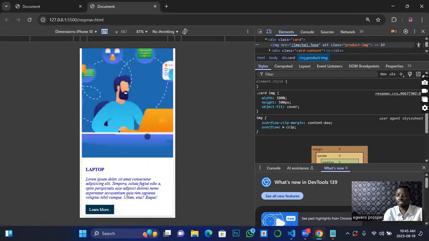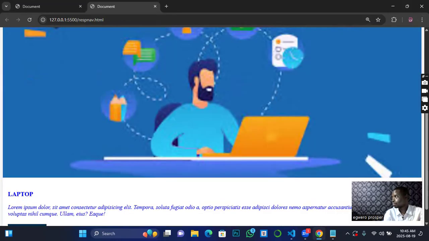So which means that the image is not responsive to mobile. But this section is responsive. So what do we do? If you want the entire card, I want to add responsiveness to it, or just the image. So I will add a media query for the card. I'm saying maximum width